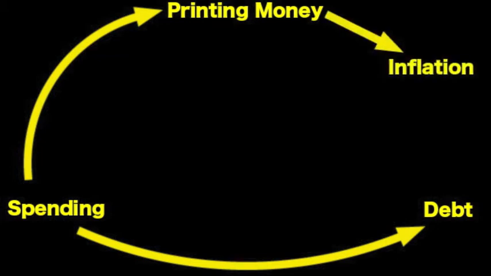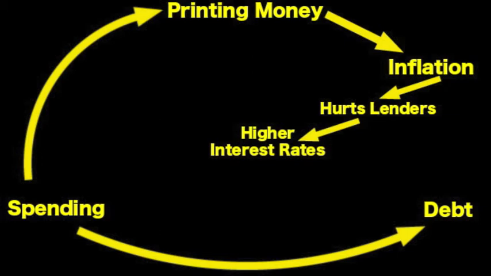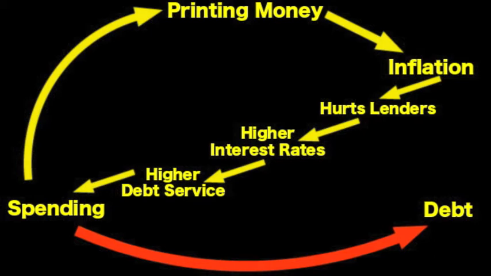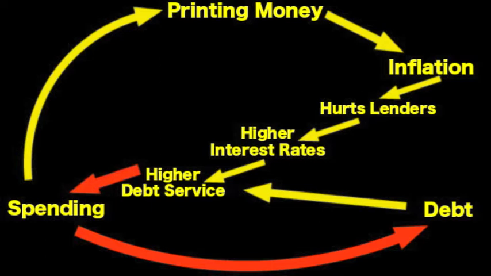Inflation decreases the value of currency, including the currency loaned out by lenders. The interest on bonds and loans then increases to entice lenders back into lending. Higher interest rates mean higher service must be paid on any future debt. Since government bonds are mostly short-term nowadays, this affects spending within a matter of months. More spending leads to more debt leads to more interest payments, and as you can see, we're trapped in a vicious cycle.